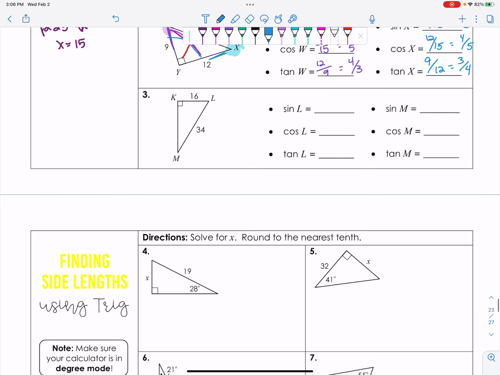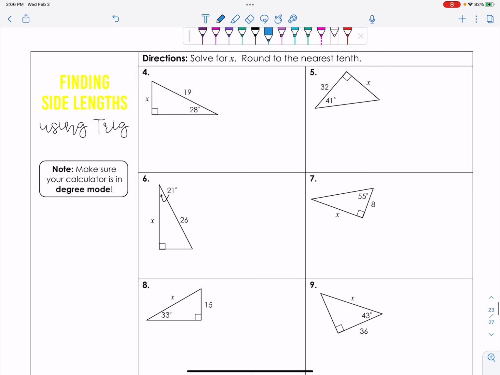Next, we're going to use our trig functions to find missing sides. One key thing to make note of is this right here. We want to make sure that our calculator is in degree mode. If you're using a scientific calculator, more often than not, your calculator is already in degree mode. If you're using a graphing calculator, we want to make sure that it's in degree mode, and we do that